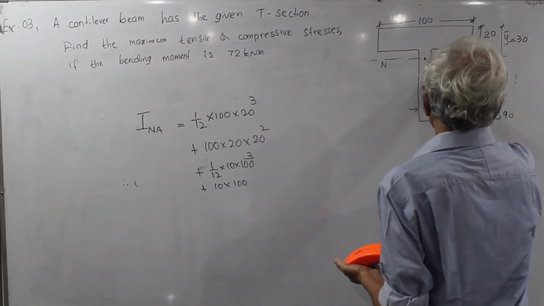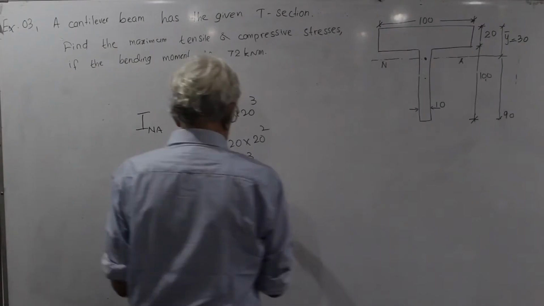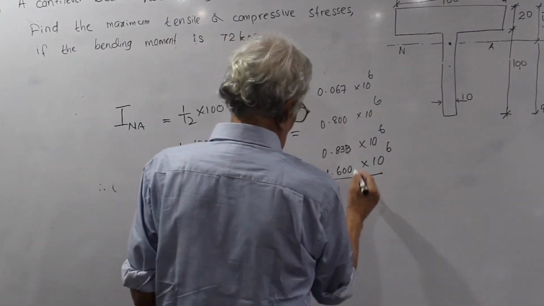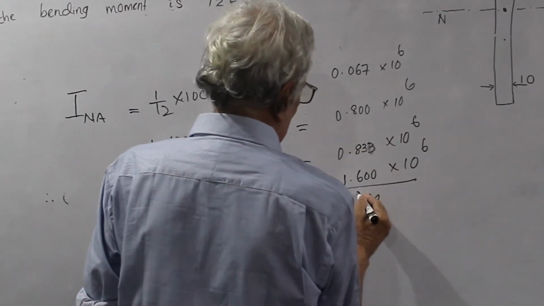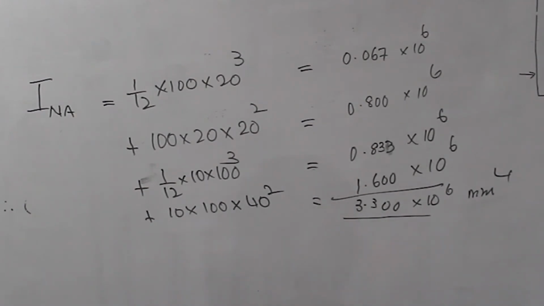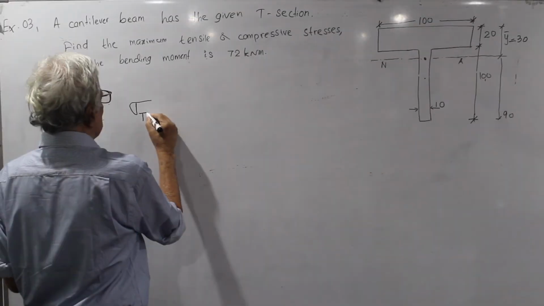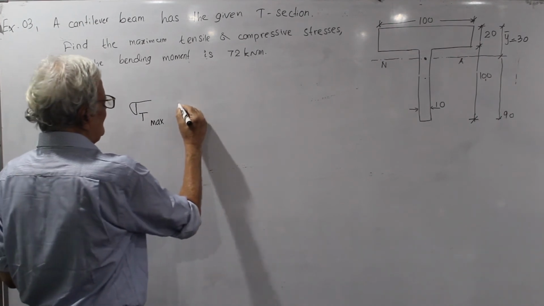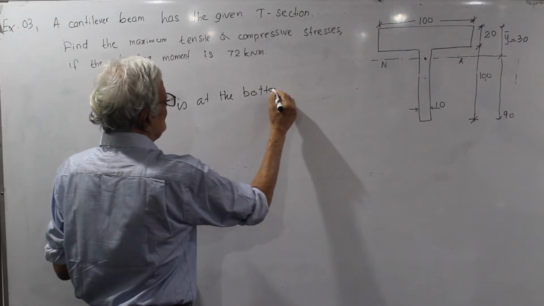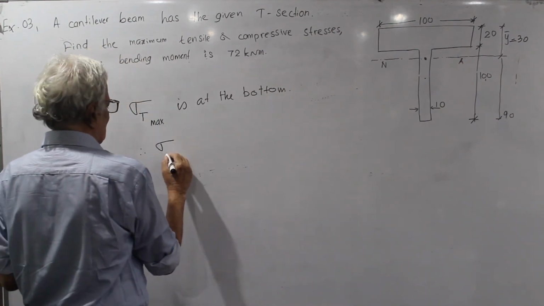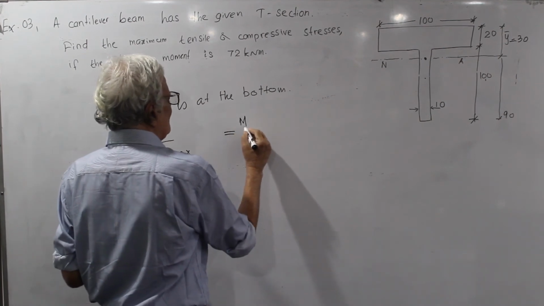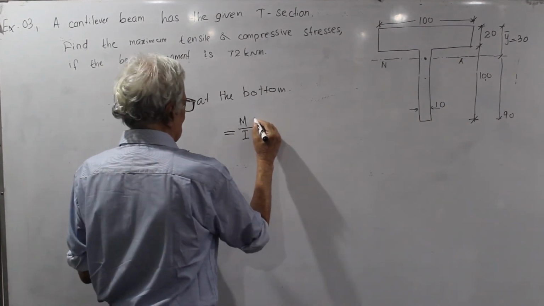So this centroid is here 40. Sigma T maximum is at the bottom. Therefore, sigma T maximum equals M over I